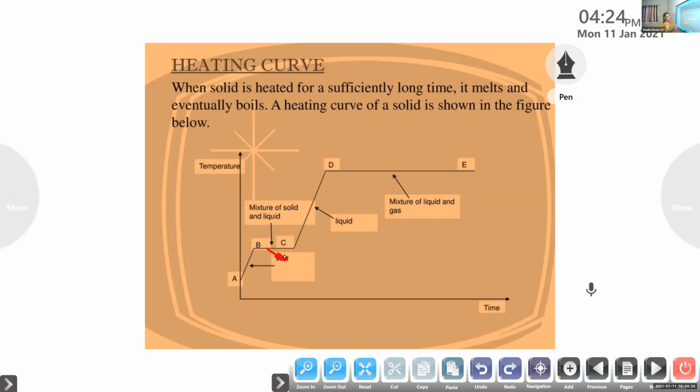C to D represents the liquid, and again there is some time until it gets evaporated continuously, till it gets evaporated fully or completely. Then it will continue along this straight line. So, this is the heating curve of a solid, or if I ask you for the heating curve of ice, you can draw the same figure. For example, ice. That is easier for us to understand. So, this is the heating curve.